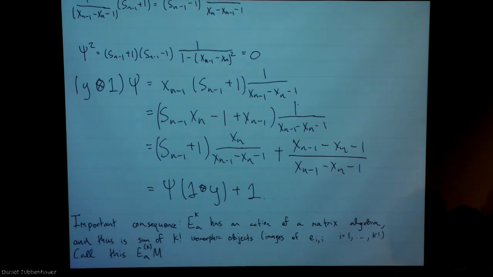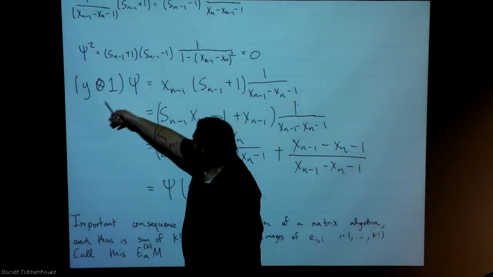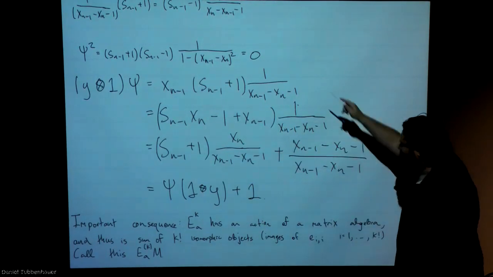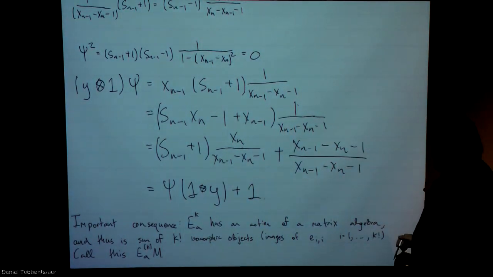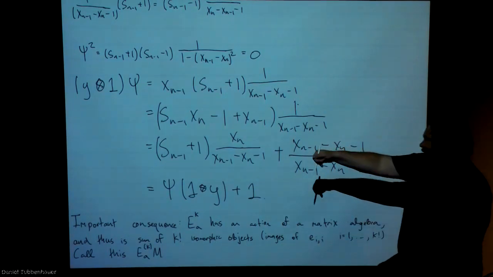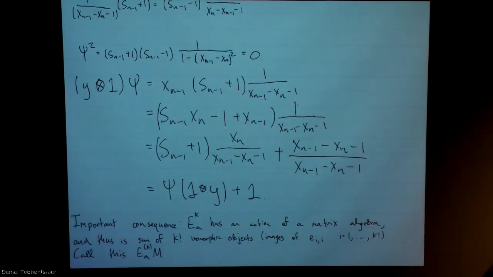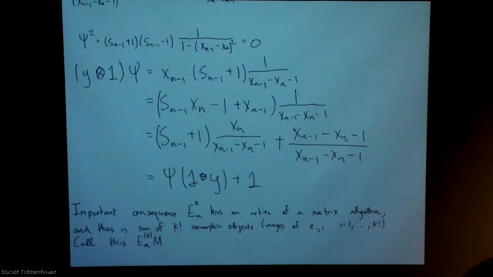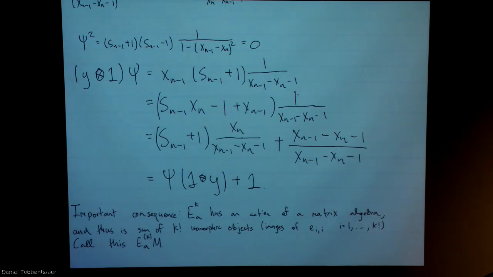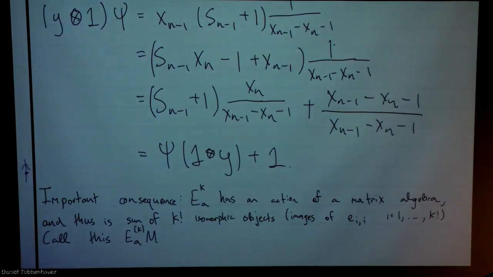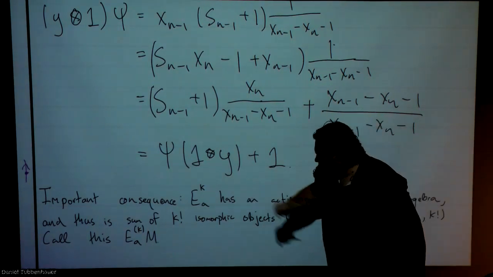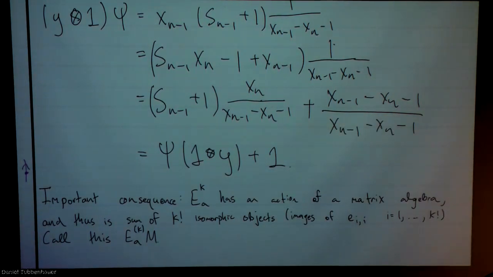Then one also computes how the Jucys-Murphy element commutes past this guy. This is again not too terrible a calculation. You know what you're trying to get to. It's just applying the relations for how x's and s's commute. But there's an important lesson here, which I probably should have emphasized last time, but I didn't, so I've got to do it now. When I take a big power of E or F, the same thing applies to F, it has an action of the symmetric group algebra,